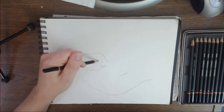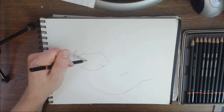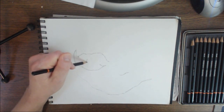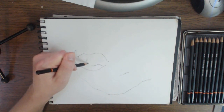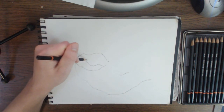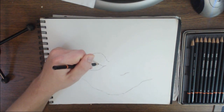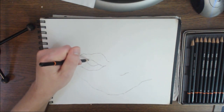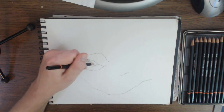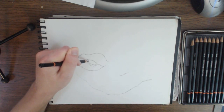So this is the outline of the eye that I'm doing right here. And, well, at least the bandana in the eye. So there's the actual eye in the bottom of it. And then there's the top. And there's the white in the eye. It's got a little bit of an eyelid down